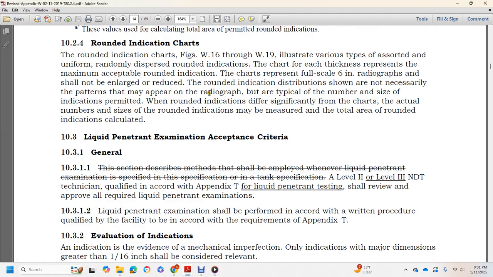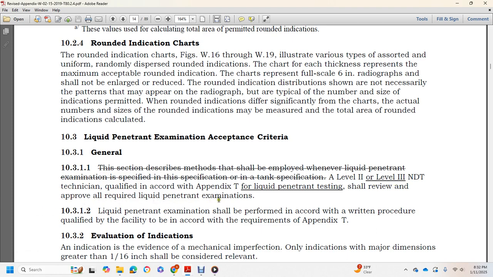Alright, liquid penetration examination acceptance criteria. Generally, this section describes that the method should be applied with a liquid penetration examination specified in the specification that was scored out at level 2 or level 3 non-destructive testing. A technician qualified in accordance with Appendix T liquid penetration testing should approve